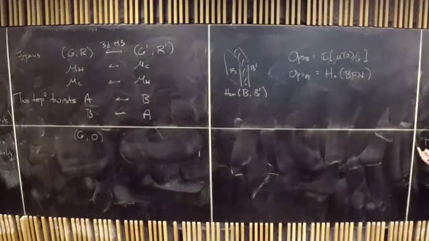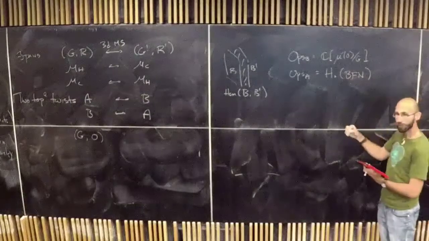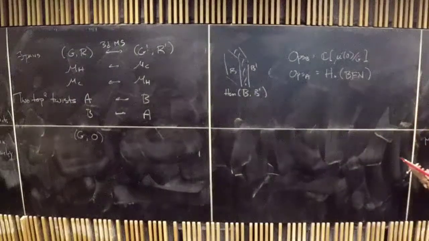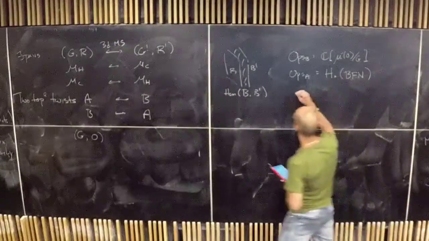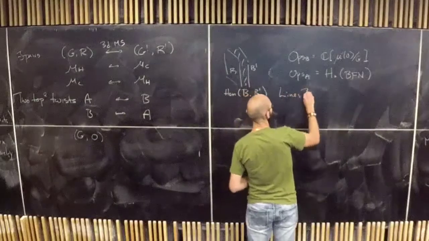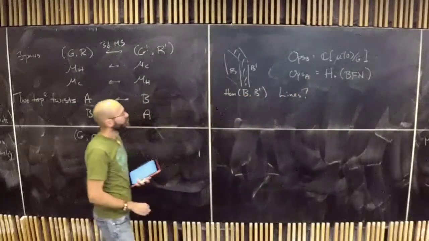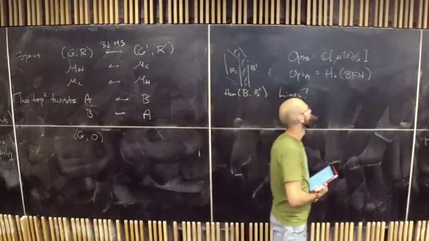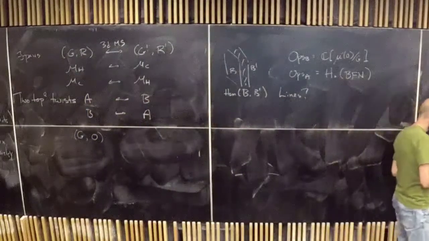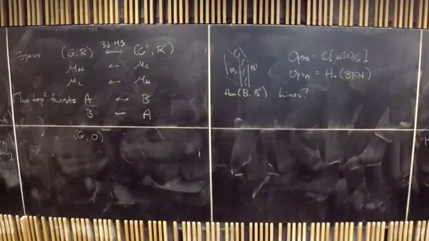The part that I have been working on most involves these categories of line operators in the bulk. There are two approaches, if we want to know what a category of lines is. So a quick question. You mentioned that mu inverse of 0 is going to be derived. So this means that Ops B is a DG algebra? Yes. But what about Ops A? It looks like it's an ordinary algebra for you.